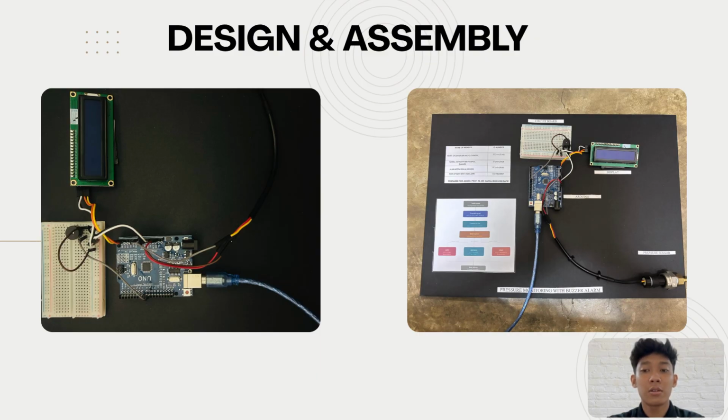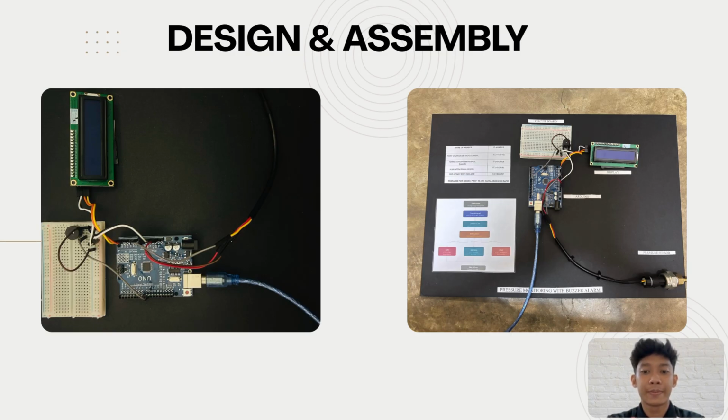The pressure sensor continuously measures the pressure value and sends the data to the Arduino Uno. The Arduino processes the data and displays the pressure reading on the LCD screen. If the pressure exceeds the predefined limit, the buzzer is activated to alert the user immediately. This design provides a simple, low-cost and effective pressure monitoring solution for industrial and educational applications.